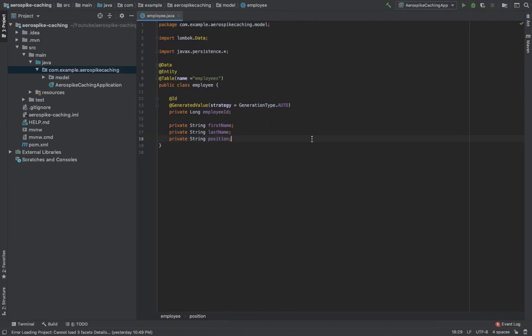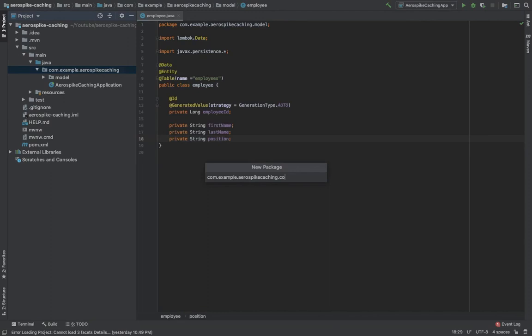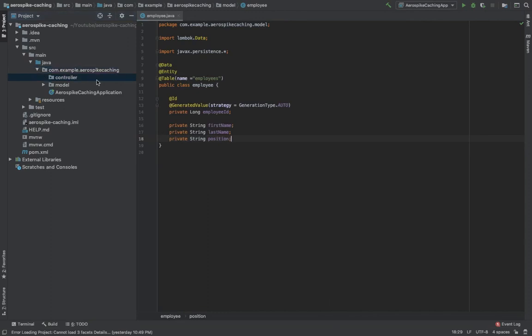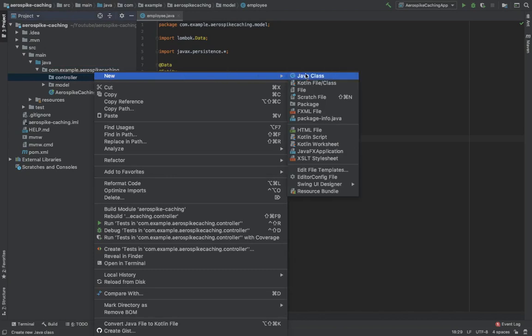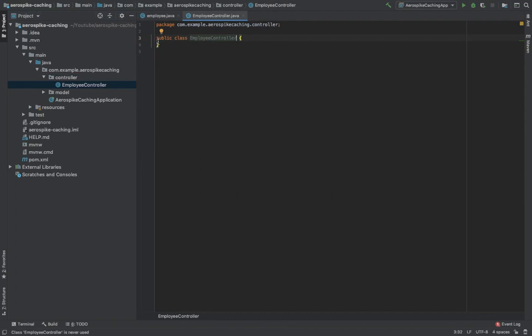Now let's add a controller where we will create our API endpoints. I am going to name this controller class EmployeeController. Annotate the class with RestController.